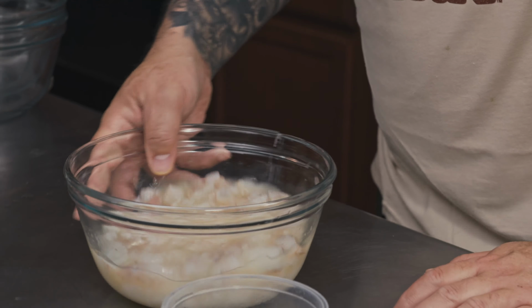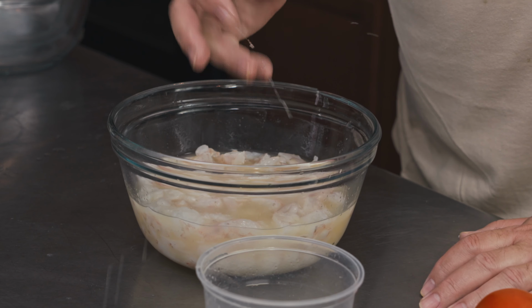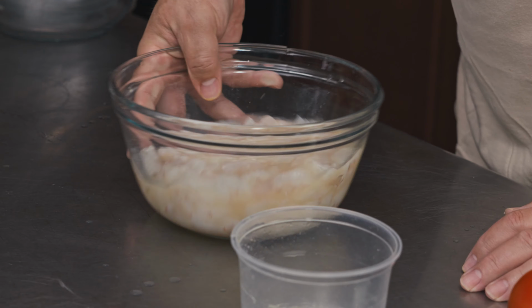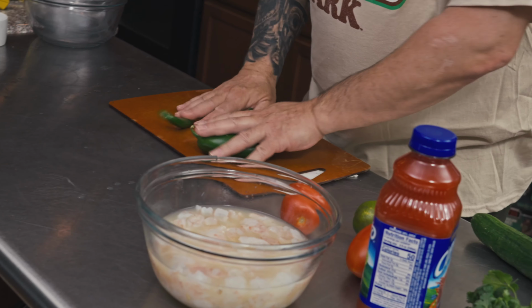So this will go into the fridge for about 15 minutes. In that 15 minutes, we'll cut up all our vegetables. We'll fry our tortilla chips. When we're done doing all that stuff, we will be good. Our shrimp is cut, sitting in lime juice. We are going to add our chiles,